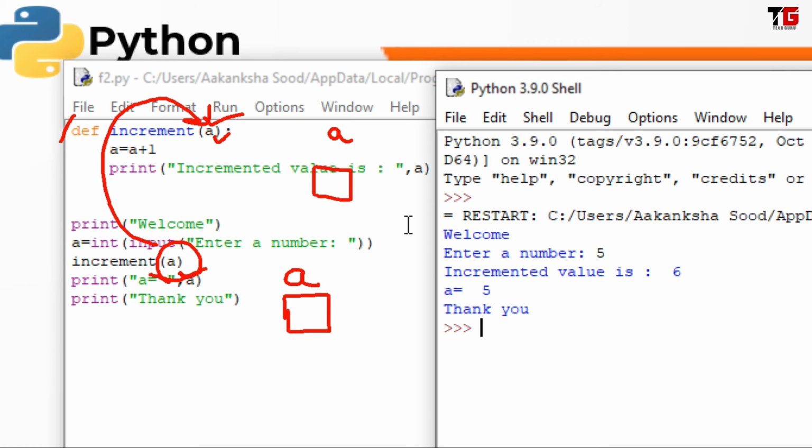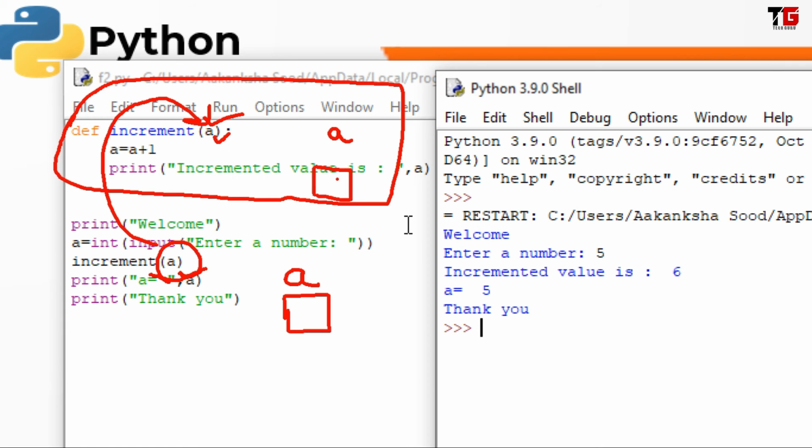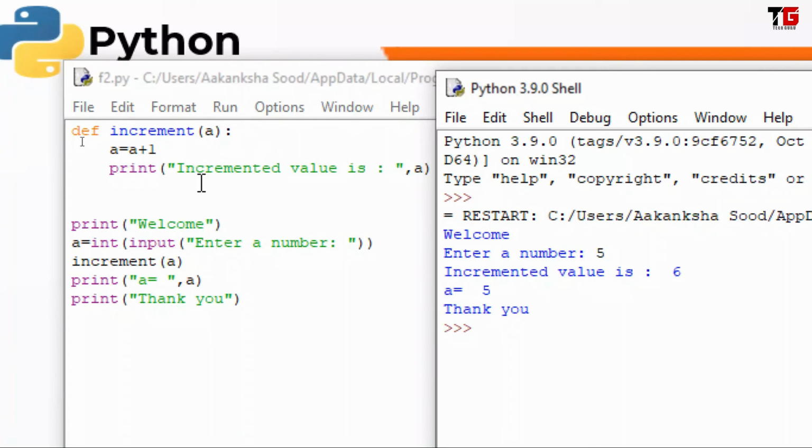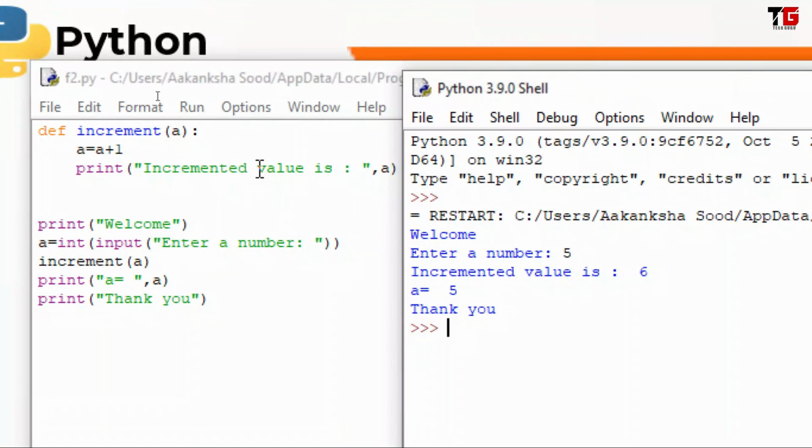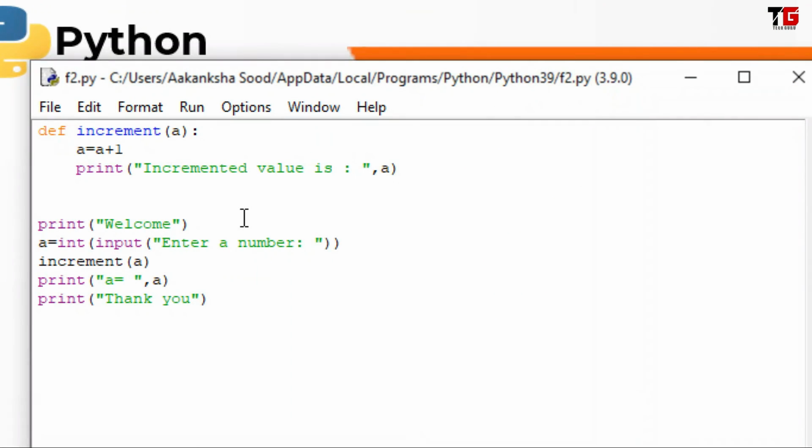Whatever changes we are doing here are reflected in its personal copy, this one. That's why when I printed this A I got 6, but when I printed this I got 5. It is just like I am having a document where I have written 5.